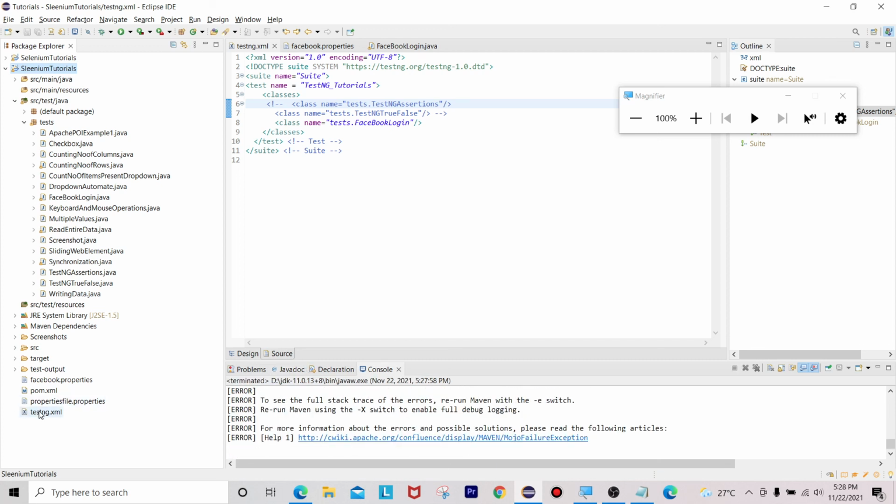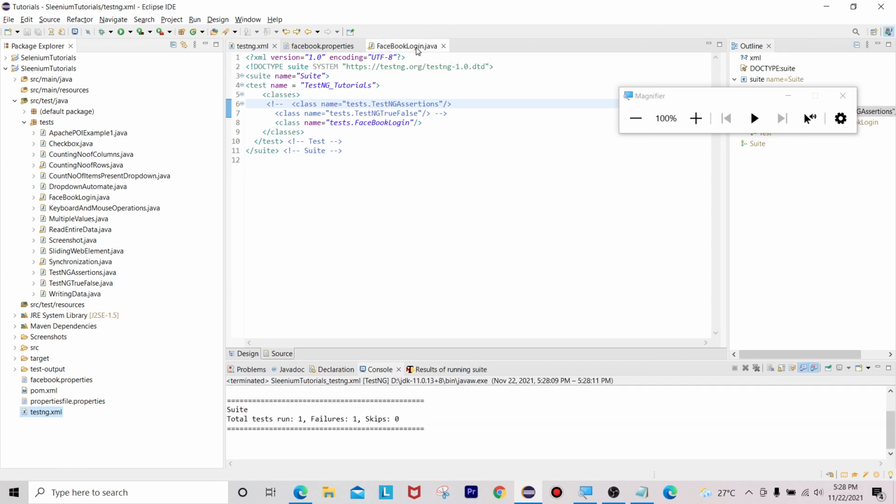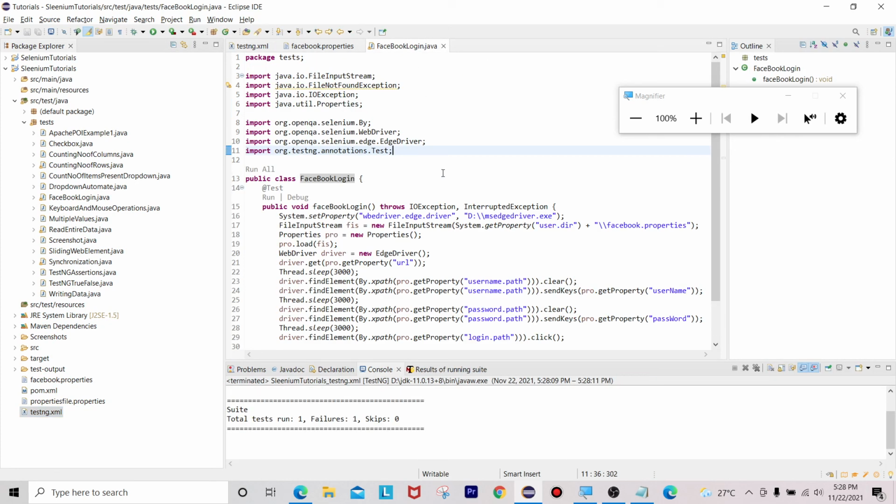Okay, so let me quickly run it from the testng.xml file, run as TestNG suite. Facebook login only, class name, what error?